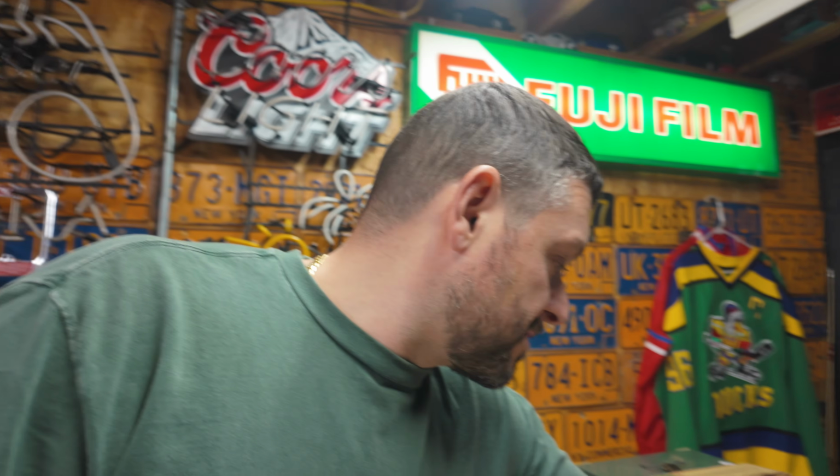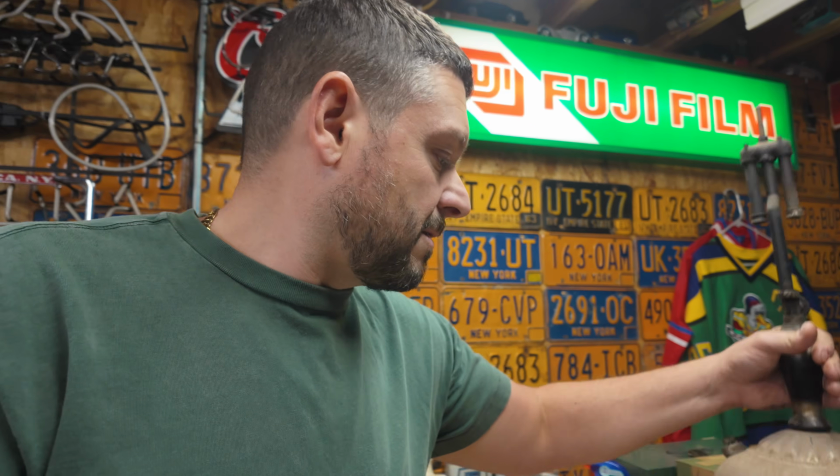And I found my first Coleman quick light. I think it's a quick light lamp here. There's no shade on it, but I've never found one of these before in the wild, so I'm very excited about that. We've got lots of great sales too, so let's take a look at the Ephemera store first,